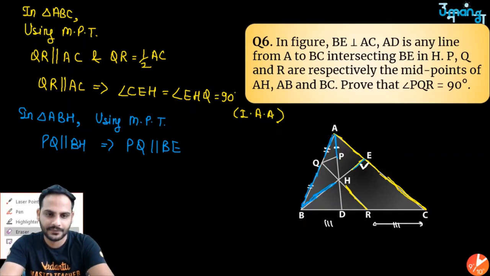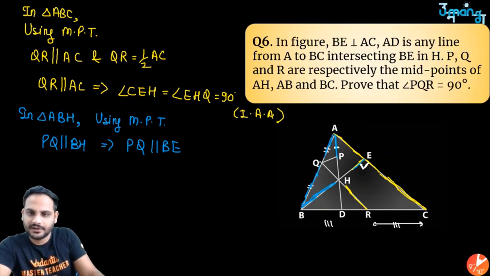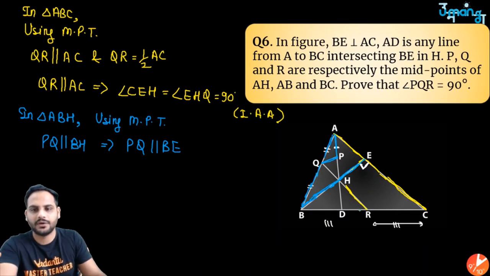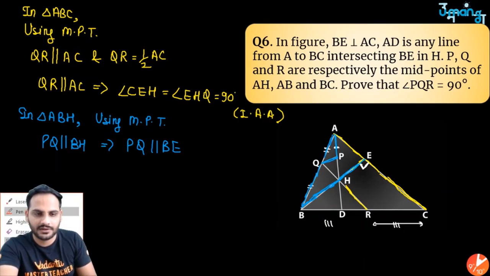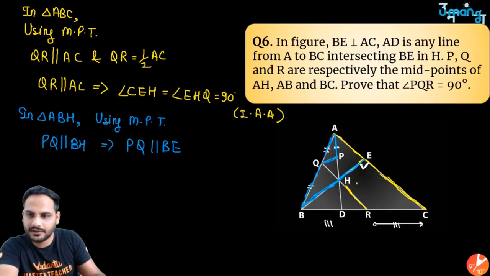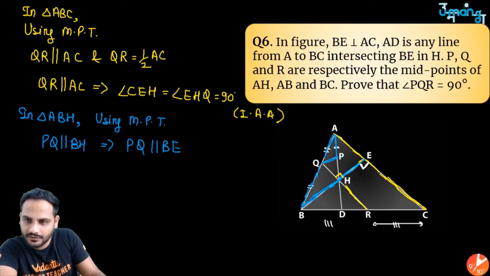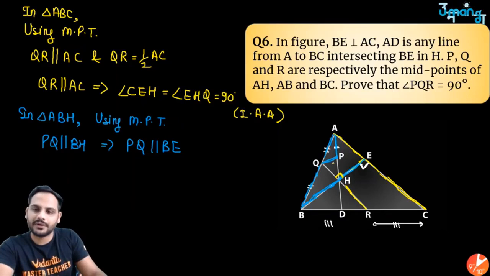हूँ बेटा मैं कि भाई फर्स्ट थिंग अपने को ये तो पता चल गया PQ एंड दिस BE दे आर पैरेलल, ये पैरेलल है। और अपने को बेटा ये बात भी पता थी, क्या पता था अपने को कि सर जी ये जो एंगल जो था एंगल EHQ ये 90 डिग्री है ना।